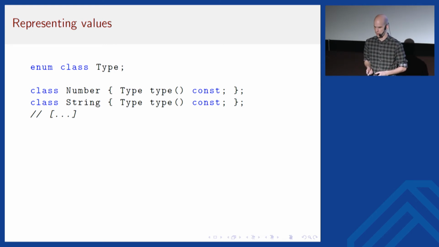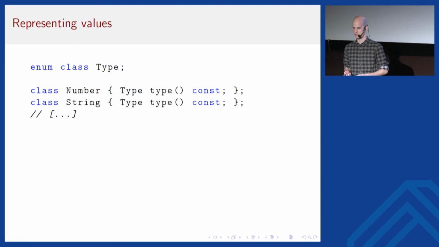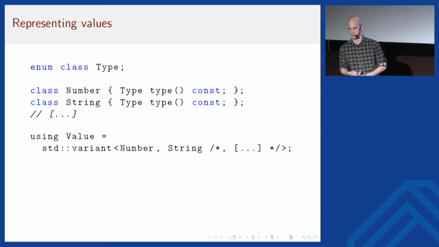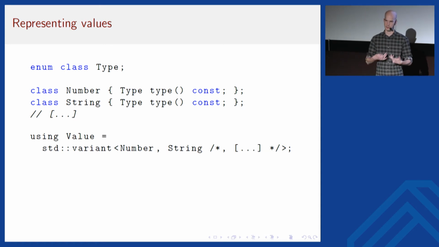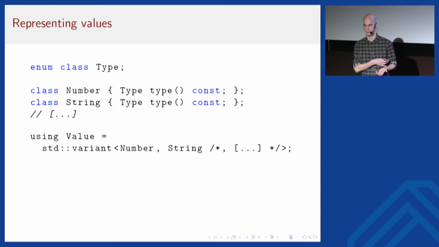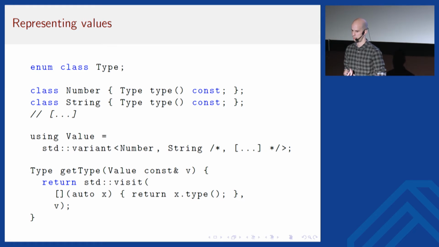And then a very neat way to solve this in C++17 is just to use std::variant. Because variant is like a tagged union, and it works very well if I know all of the different possible types that I want to put in there beforehand. Since in Lua I only have 8 types, I only have to put the 8 different types in the variant, and that's it. That's a very nice type to solve my problem.